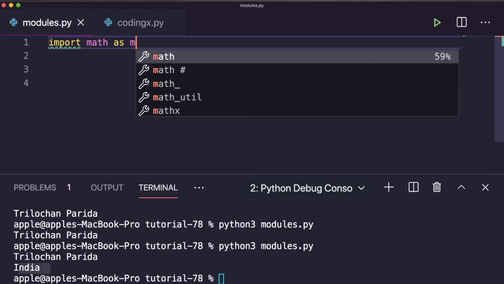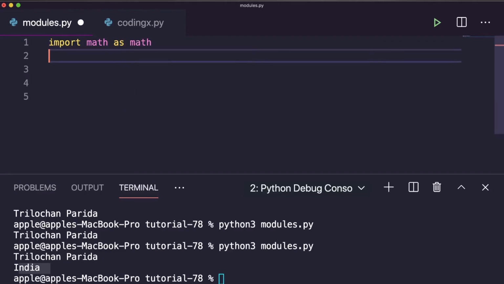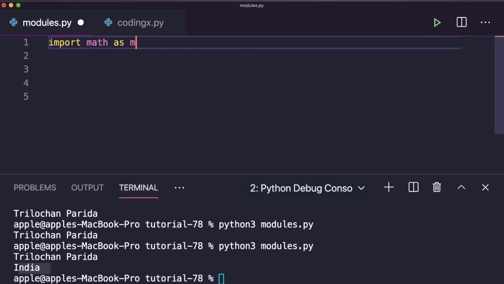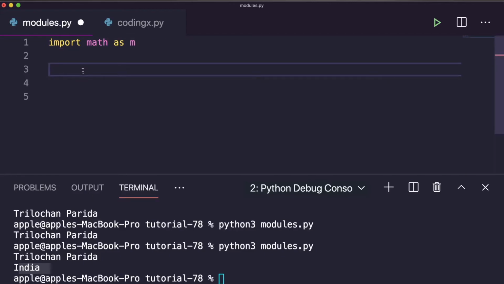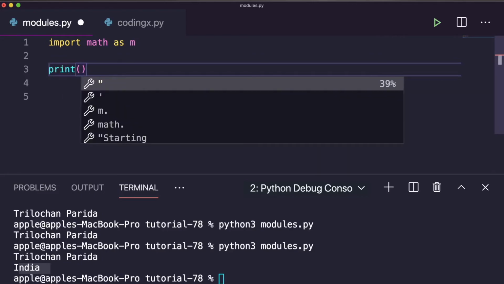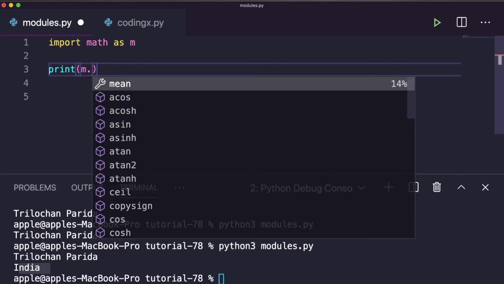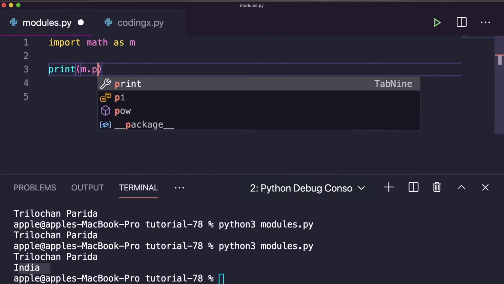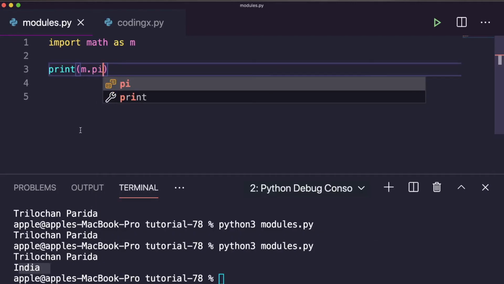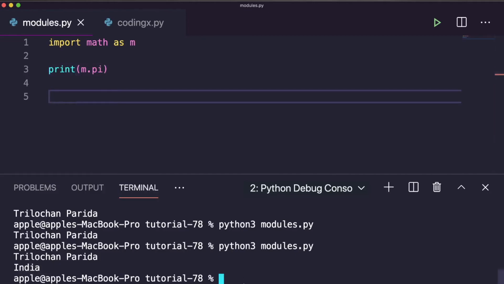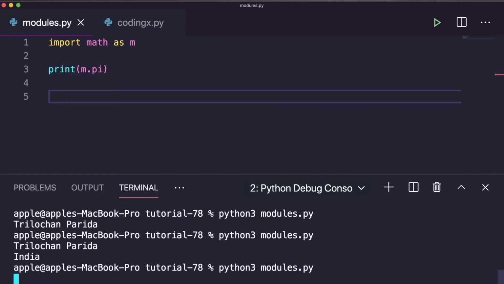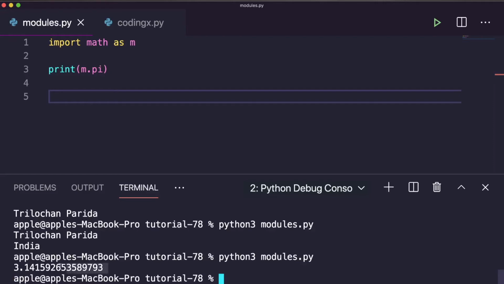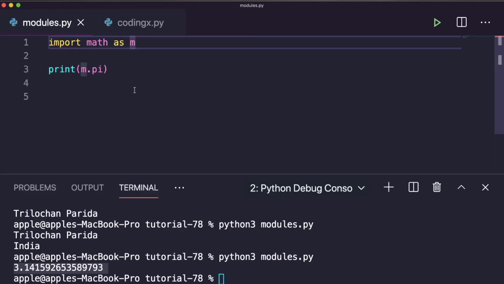So now you can write here print m dot pi, a function, that's your attribute pi. Let's print this one. It will give you the pi value. Okay, so it imported the math module and you renamed it as m and used m dot pi.